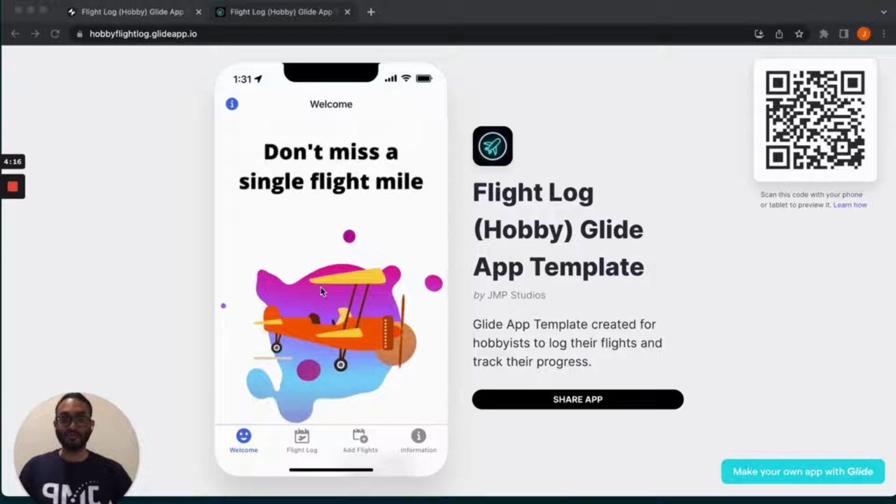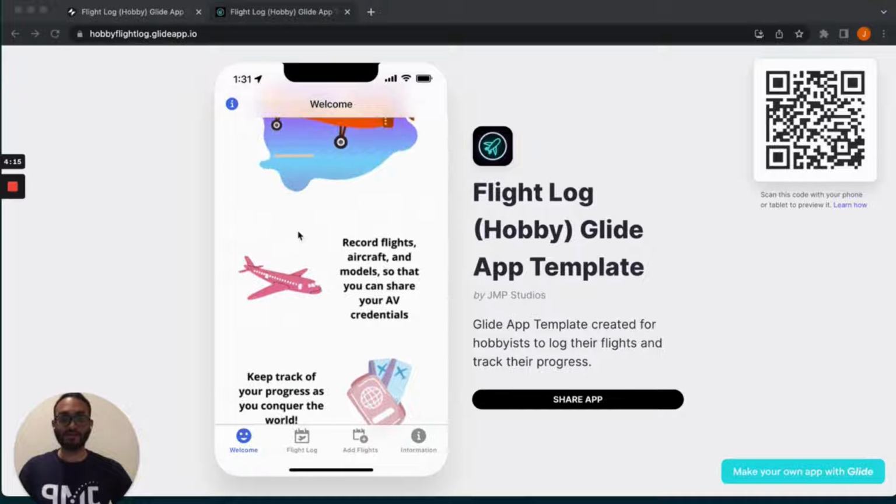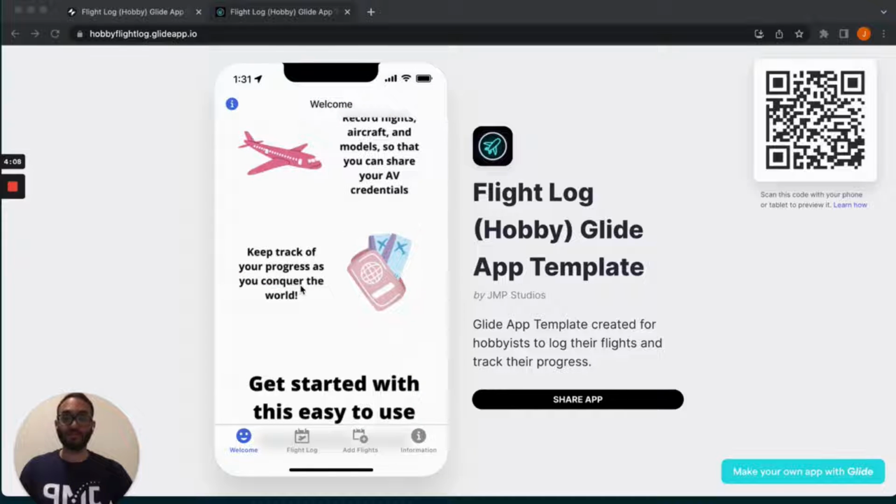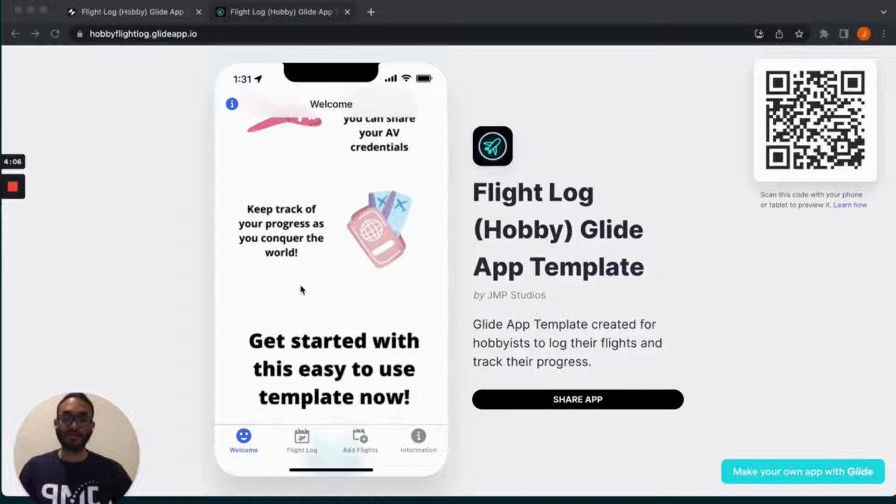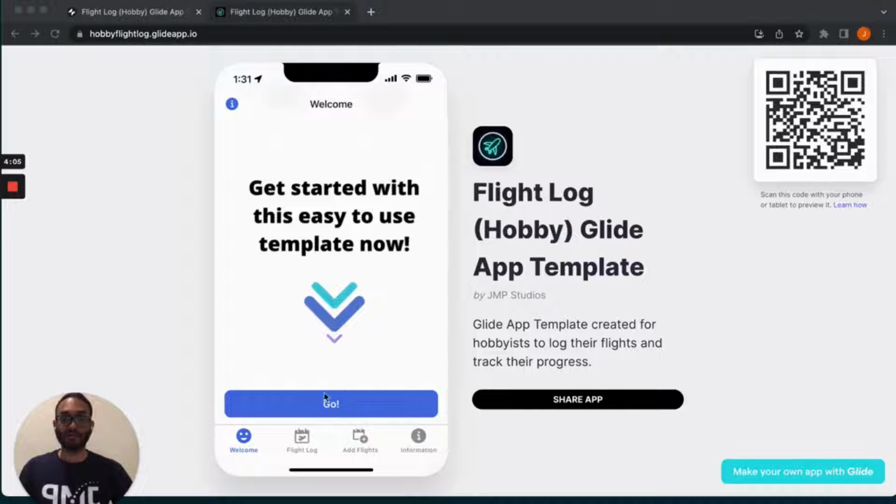So as I scroll through, I'll be able to see that within this application, I'll be able to record flights, aircrafts, and models, as well as keep track of my progress. To use the application, I can either press go down here at the bottom, or I can use the different tabs to see my flight log or add my flights. So to start, I'll press go, and I'll be taken to